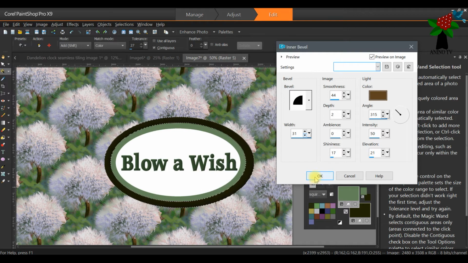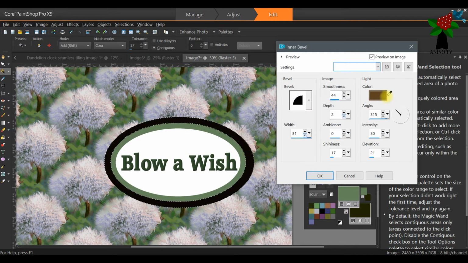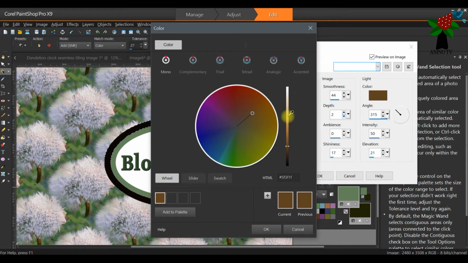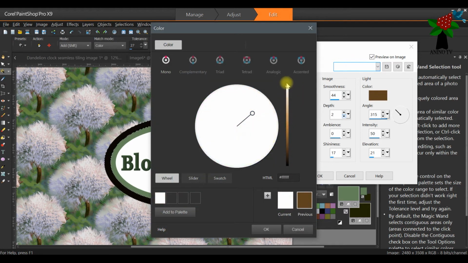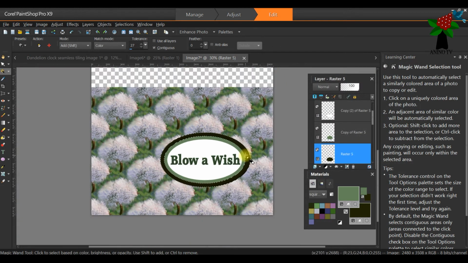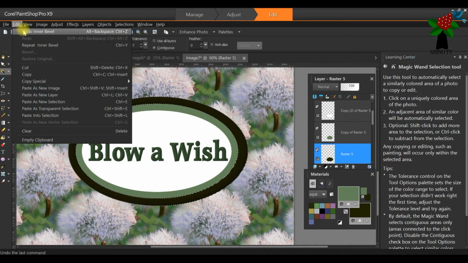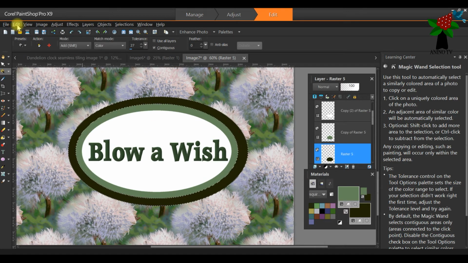Just play around with the color to see which one. No. Go back to the white. It's all right. You click OK. It looks like a too dark of a brown, so we can go to edit, undo,